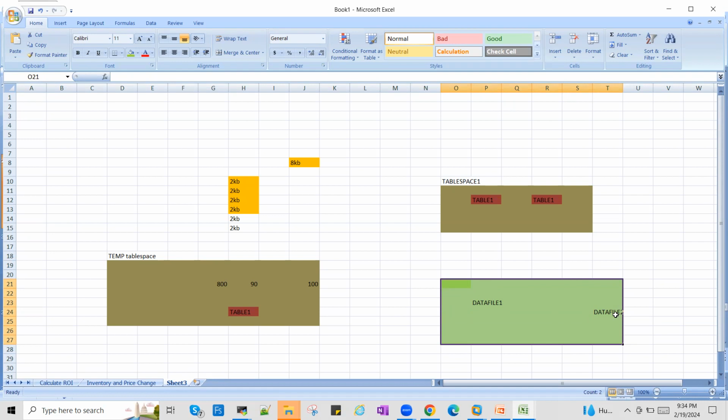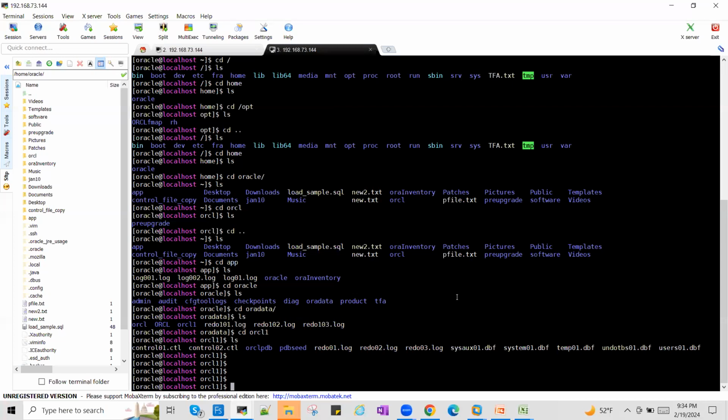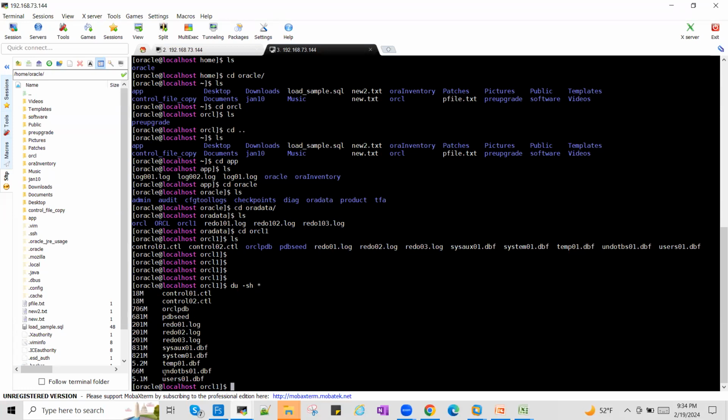Which is very dangerous because you will still be using the space. What space? At the storage level. At the storage level, everything is using some space, right? This temp file is using 5 MB and this one is 66 MB. So if I have a data file, for example, this one here, it's only 5 MB. Say assume this was 5 GB. Now if I drop the tablespace without including the data files, then this data file will still exist over here, and